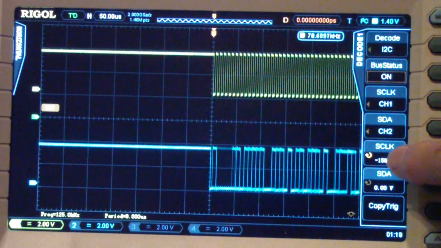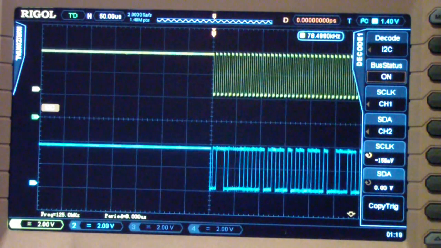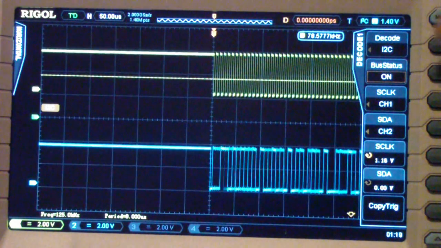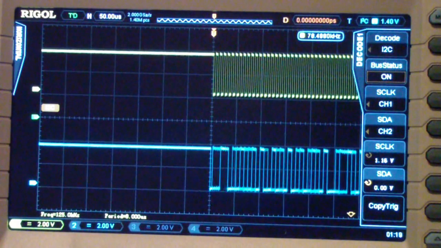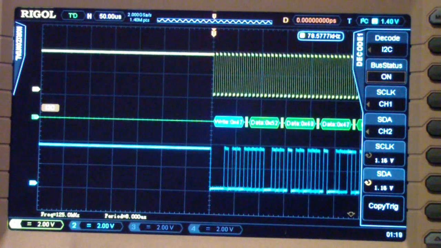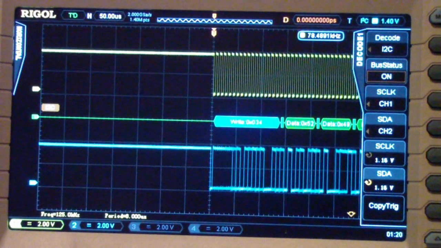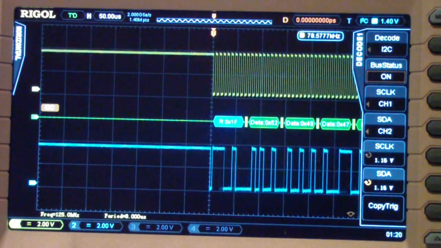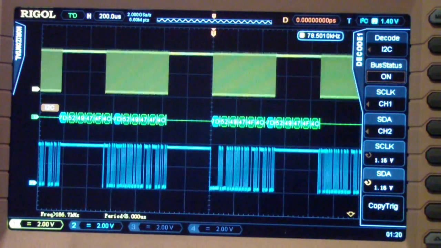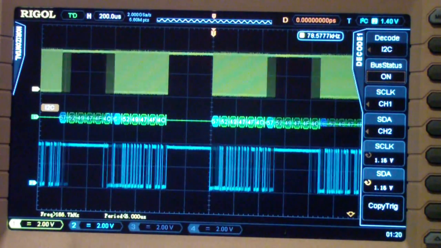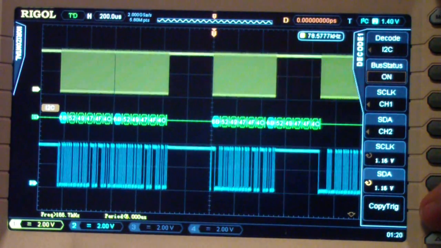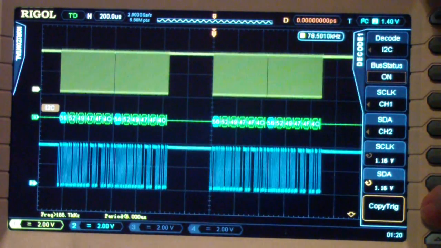The S clock trigger is right there. The SDA trigger is right there, and you may notice that almost immediately up above you start getting data. I'm going to slow that down still further, and you'll notice that it's in hex format. I'm going to do a copy trigger,